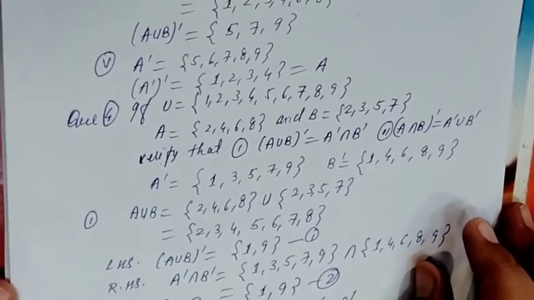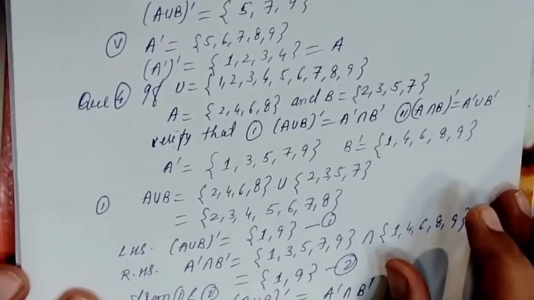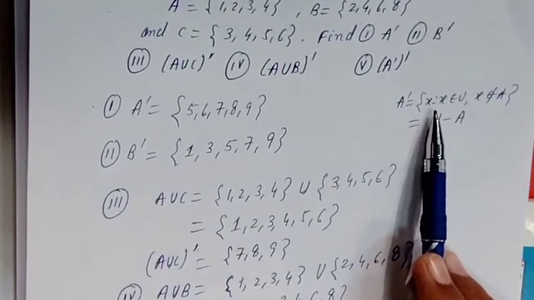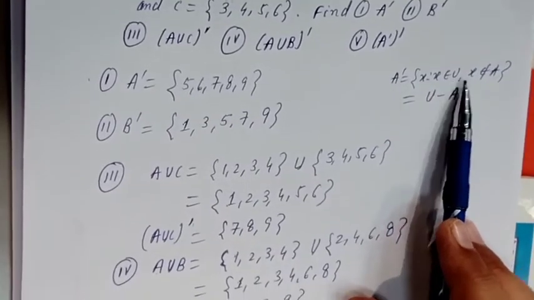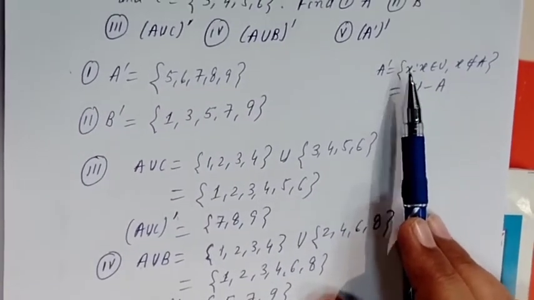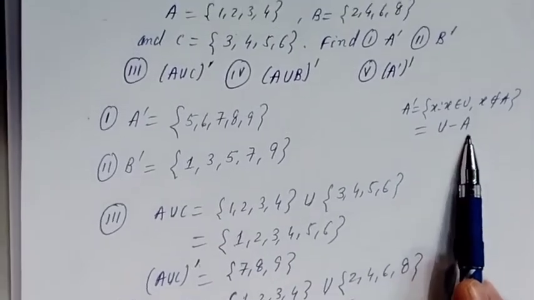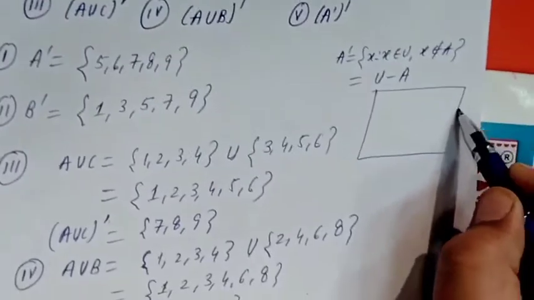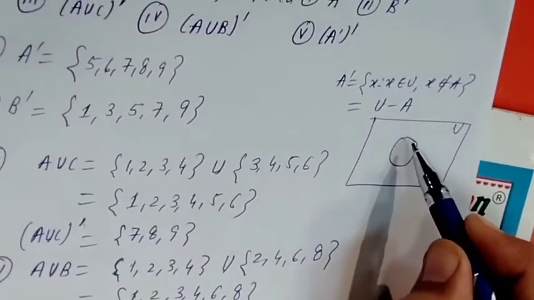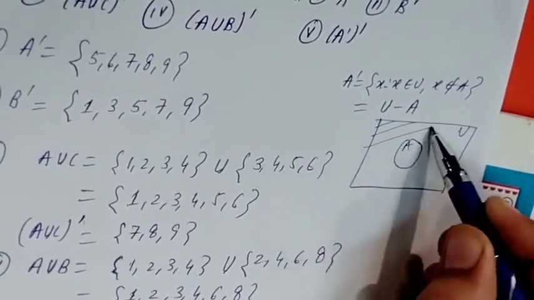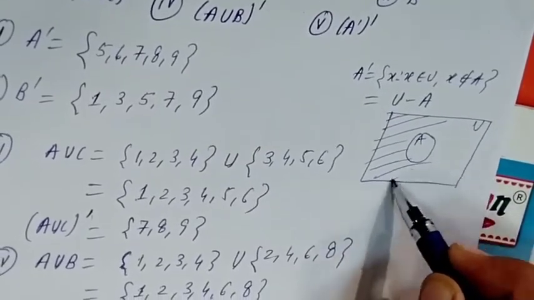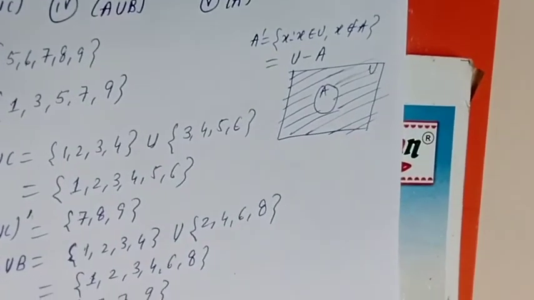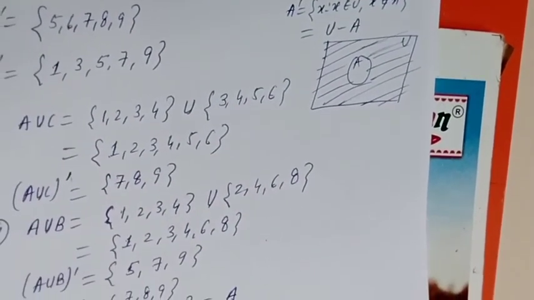Maths depends on practice. First of all, you can see the video of complementary set. Already I have explained the definition. What is a complementary set? Elements which are in U but not in A are called A dash, meaning U minus A. If you want to understand the Venn diagram of it, this is the universal set. This is A. So this part is called A dash, complement of A. With the help of Venn diagram, already I have explained. Okay, so try to do other questions. Thank you.